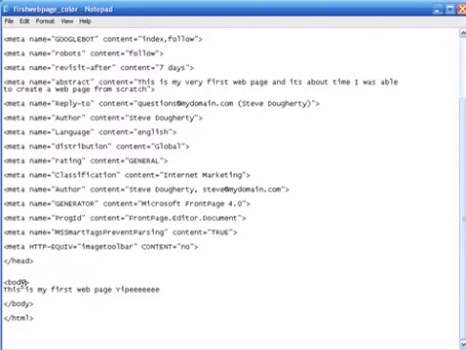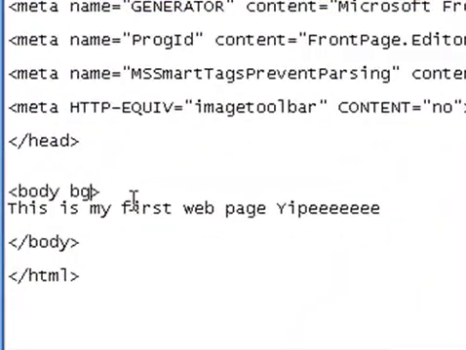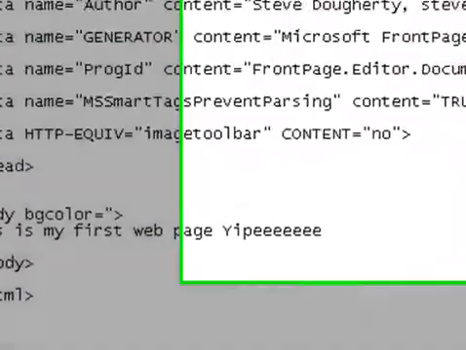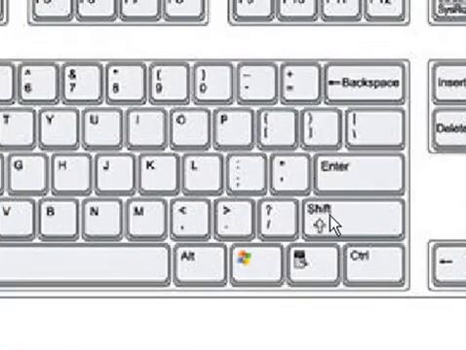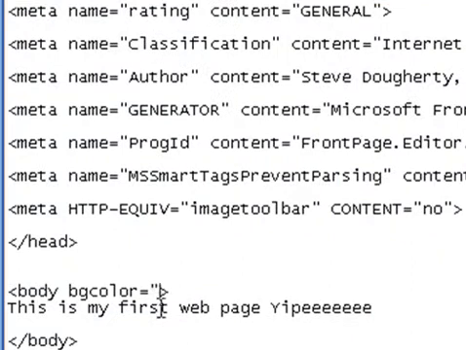Just click in here between the Y and that ending angle bracket, and then hit your space bar and type in BGCOLOR, for background color, with no space, equals, again no space there. Then you want the double quotes. If you're not sure where that is, hold your shift key down and hit this key right here, because that's your single quote on the bottom, and this is your double quote. So we want the double quote, and then we want the